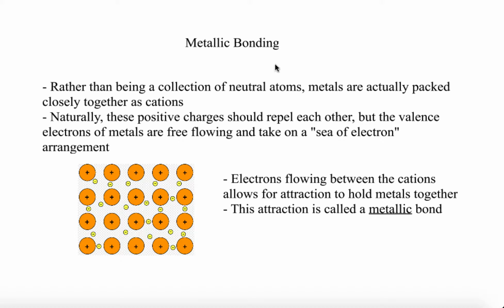When we talked about a metal, rather than having a whole bunch of neutral atoms bunched up together, like we would have for most other materials, the metals are actually in the form of cations, and these cations are held pretty close together. Now, cations are all positively charged. We know that two positive charges are going to want to repel each other. So how exactly do these positive charges stay near each other enough to be tightly packed and be hard